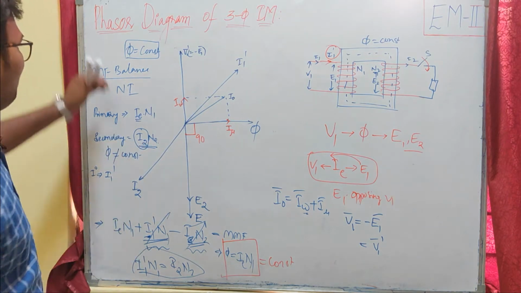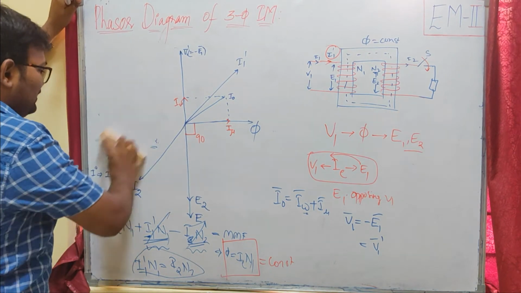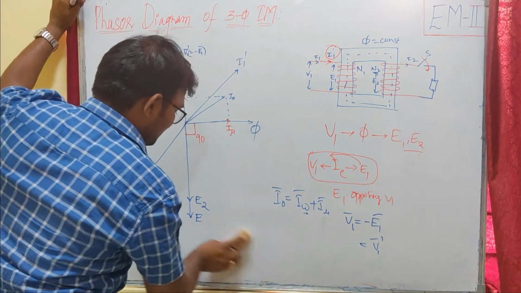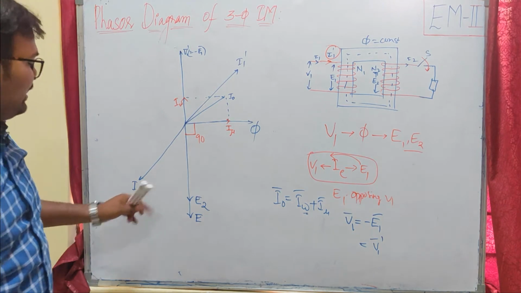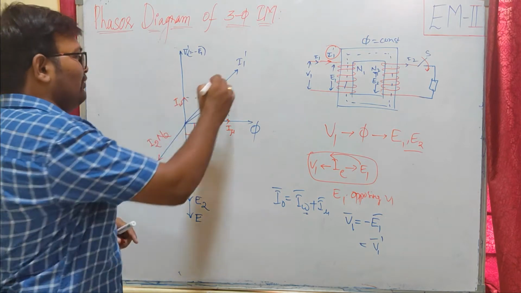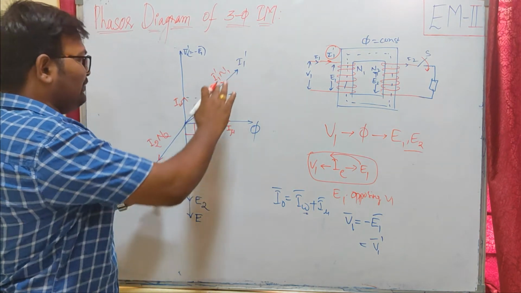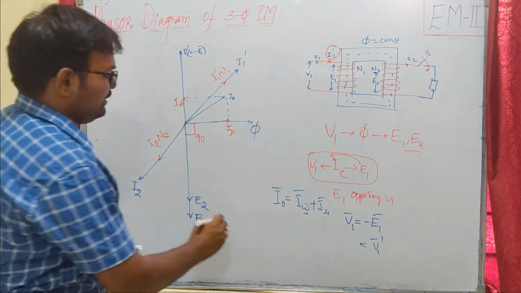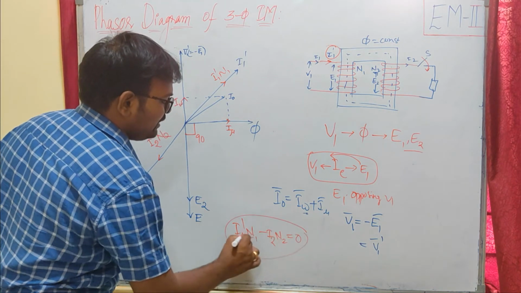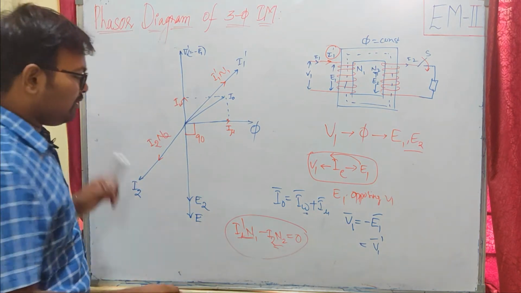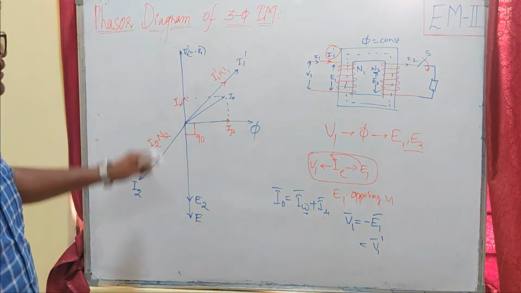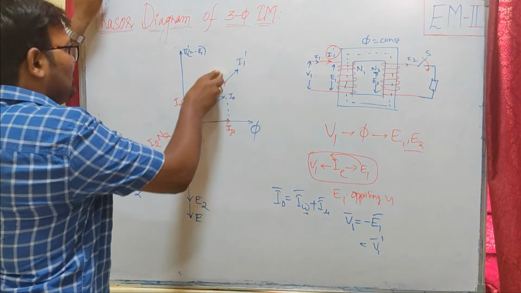So this is what I mean to say. That means the flux in an ideal transformer is constant. So where are we? The secondary MMF I2 N2 will be nullified by I1 dash N1. Because they are 180 degrees away from each other, if these two are equal, I1 dash N1 minus I2 N2 equals 0. So the net MMF in the core will be due to the excitation current and the primary turns. We are going very deep actually.